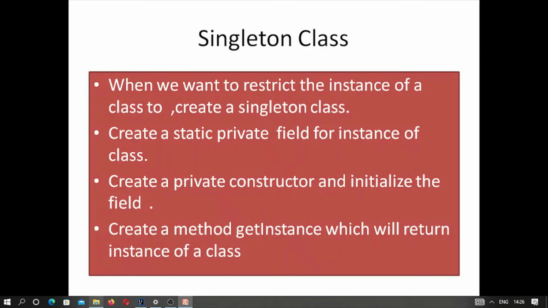And why are we doing so, why are we restricting the instances of a class to one only? When things are restricted to one, we don't want to create more than one object of that class. This is very important to remember for the case of a database connection.